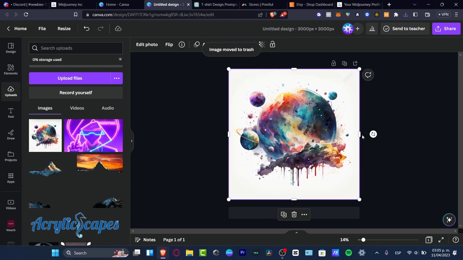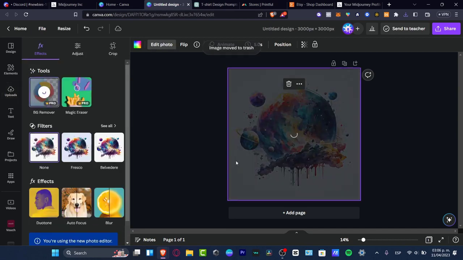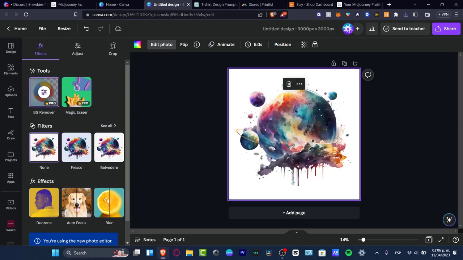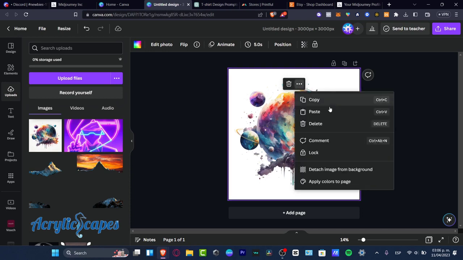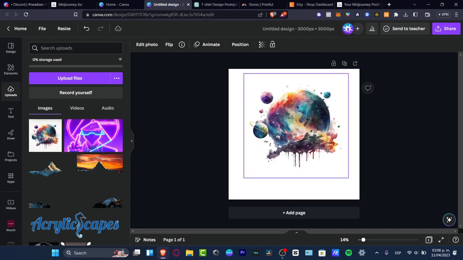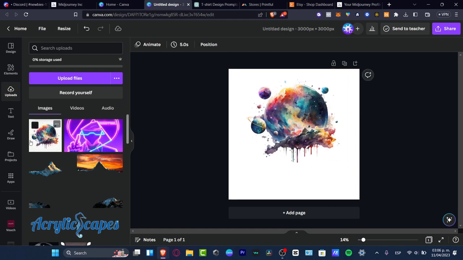There we go. So let's go and look out for the edit photo. And here I want to look out for the background remover. So I want to delete all of the white parts, and I want to stick around with the actual full version of it. So just like that, as easy as that, I now have the actual image, of course, downloaded. So now what I want to do is to try to detach this from the background. I'm going to make this a little bit more like this,